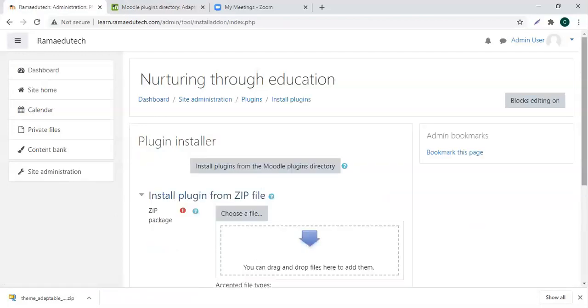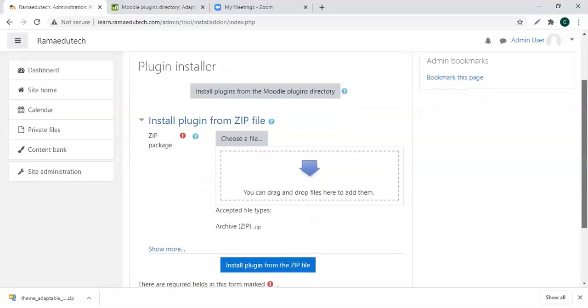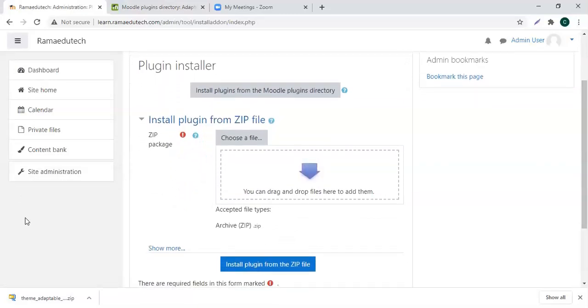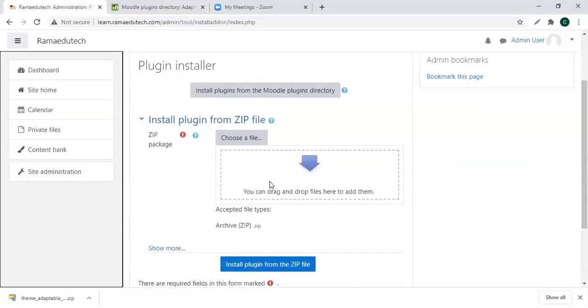Okay, here again you have 2 options. Either you can directly click and drag the zip file here, or else you can select it, choose a file, and then select it from the location wherever you have saved it.